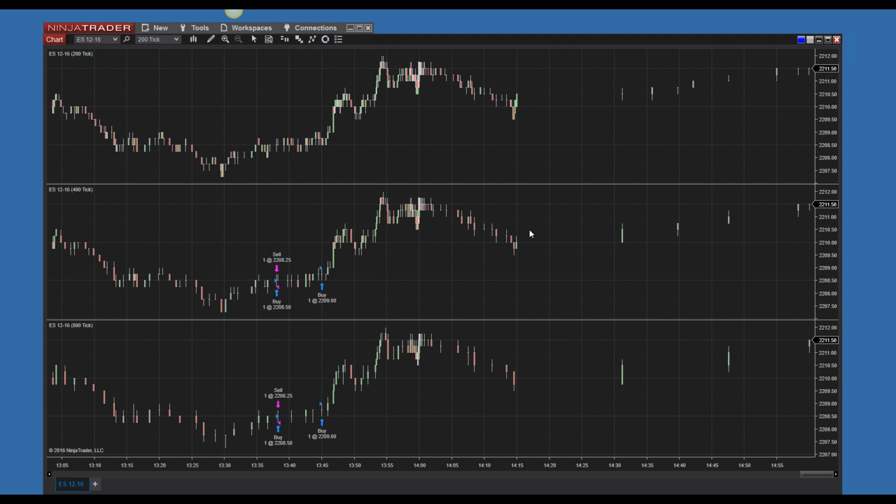For me, I definitely prefer one of the new features we have in NinjaTrader 8, and I'll explain it for those of you that have not used NinjaTrader 8 yet, or even have not used NinjaTrader 7 yet. Bar spacing comes into play when you have multiple data series on a chart. We've had multiple data series capability for a long time in the product, and one of the things that happens